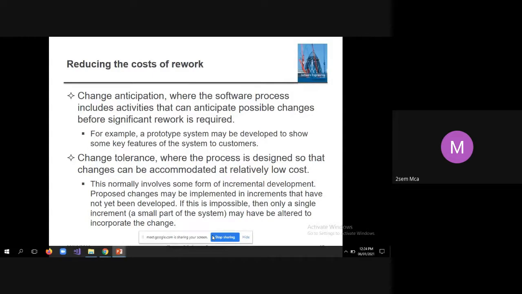See, before developing any system, most of the times, especially in case of business related applications and critical applications, something called a software prototype will be developed. So it will just show them, the system will look like this, and you can access the features like this. So is it good enough for you? If the customer tells, okay, yes, this kind of implementation is okay for me, then further they'll start developing that piece of code, isn't it?